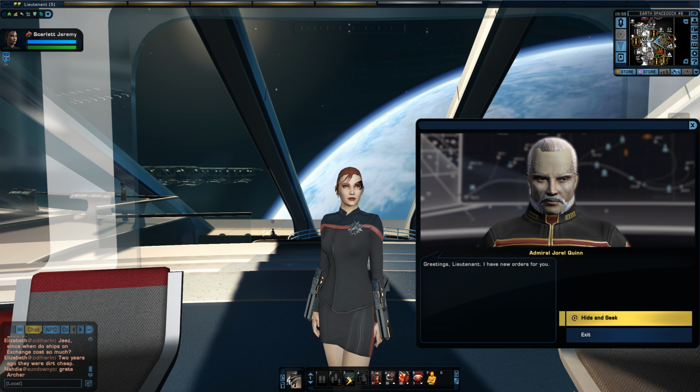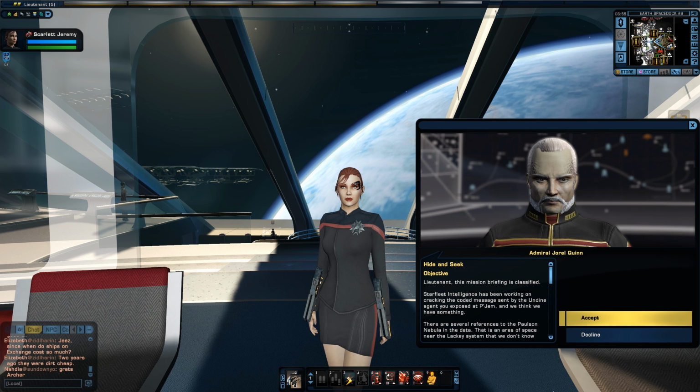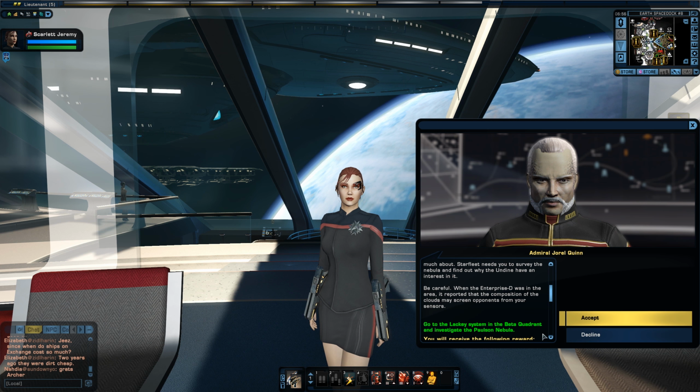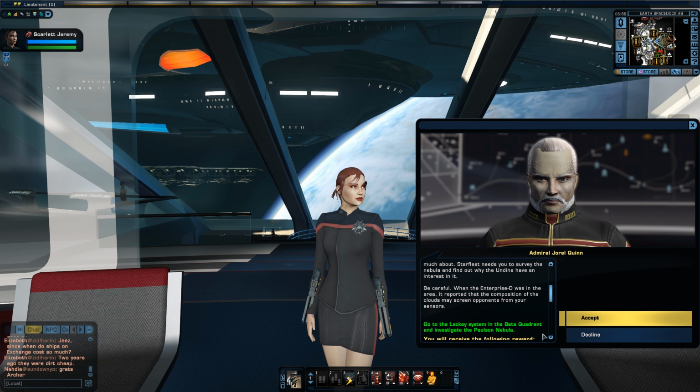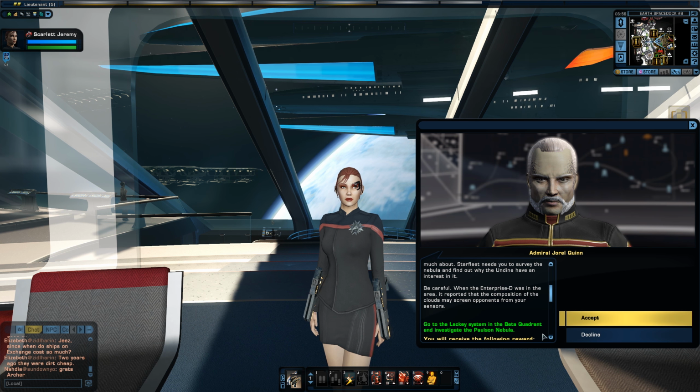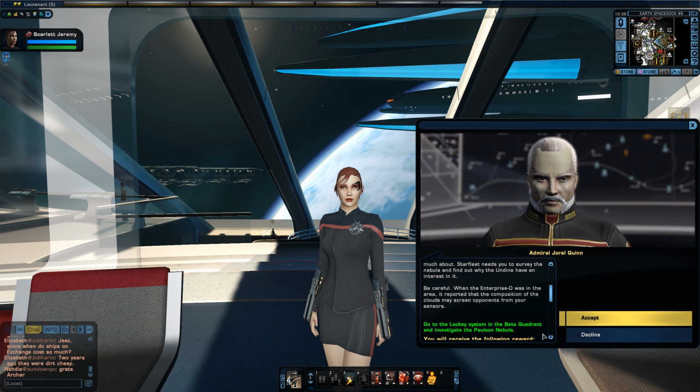Greetings, Lieutenant. I have new orders for you. Hide and seek. This mission briefing is classified. Starfleet Intelligence has been working on cracking the coded message sent by the Undine agent you exposed at P'Jem. And we think we have something. There are several references to the Paulson Nebula in the data. That is an area of space near the Lackey system that we don't know much about. Starfleet needs you to survey the nebula and find out why the Undine have an interest in it. Be careful. When the Enterprise D was in the area, it reported that the composition of the clouds may screen